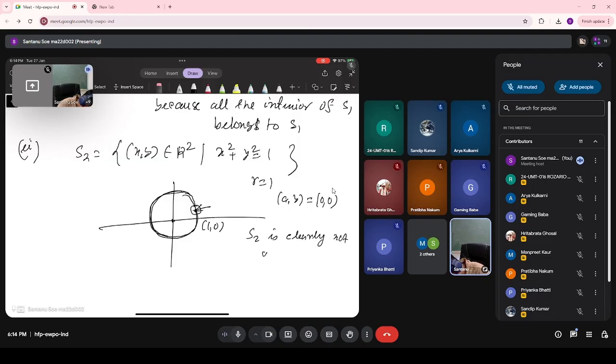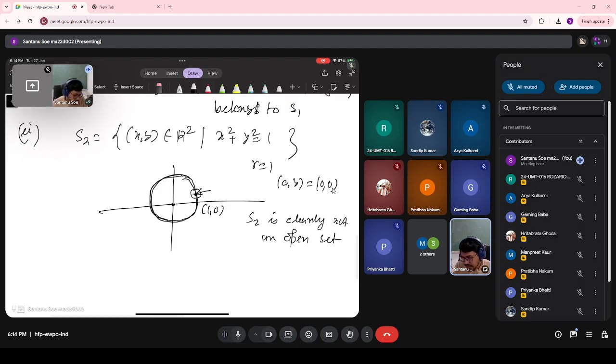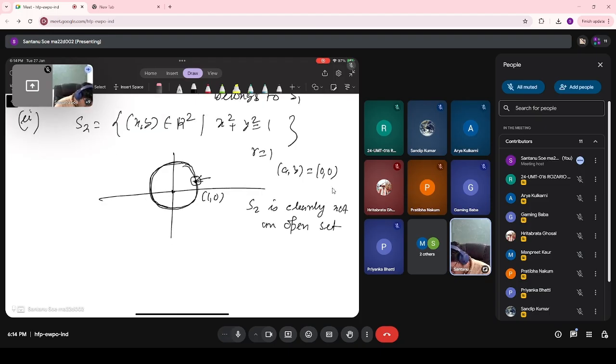Clearly not an open set. Now, what is the guarantee that S2 is a closed set? I mean, open does not necessarily imply that it will be a closed set. So, to prove S2 is a closed set, you can use a famous theorem from real analysis that if f